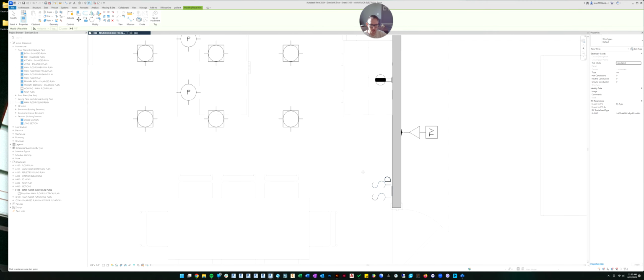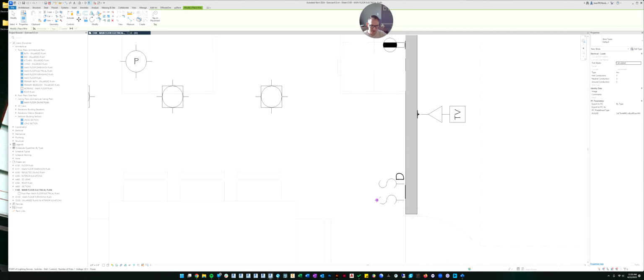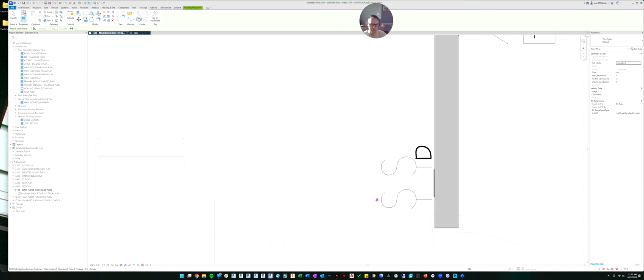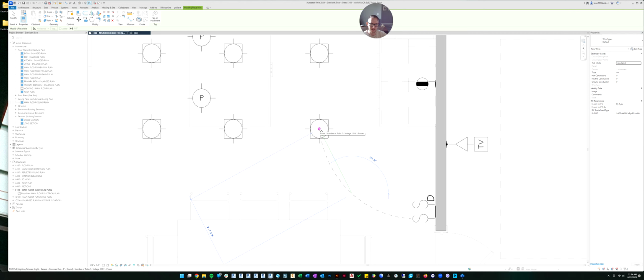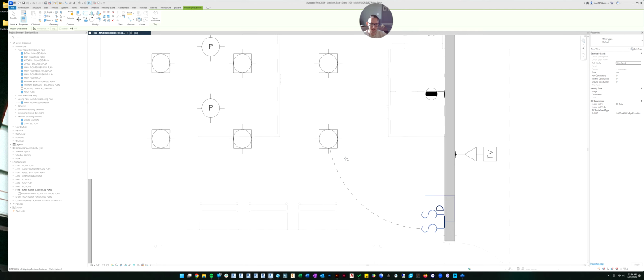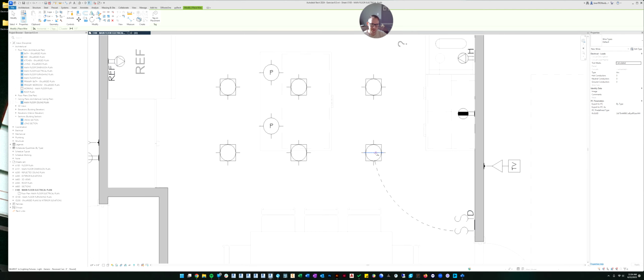So what you're going to do is hover over the switch that you want to connect it to. So we're going to connect the lights, and you'll get this little icon that's a circle with an X through it. That means you're connecting it to the switch. So then you can start drawing, and you draw the middle point of your arc. So you hit the end point, the middle point, and then the second end point. And again, you'll hover over this light until you get this symbol and click. And you see how it connects it for you to the light? Now all you have to do is quickly connect all your light switches, or all your lights together.